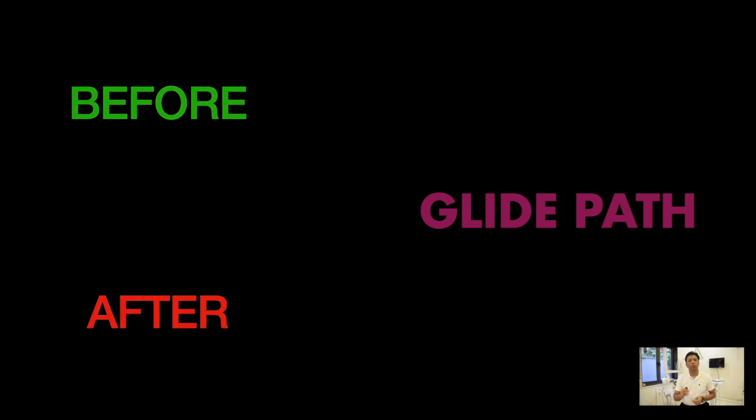Yes, always take your working length reading before glide path preparation. Now, glide path is nothing but a step where we are creating some kind of passage for our rotary files to glide smoothly till the apical third. Now, why do I say that the working length reading has to be done before glide path preparation?